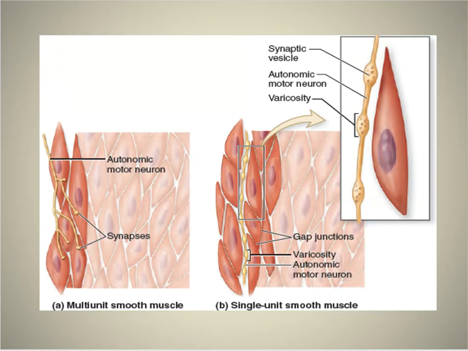Okay, so slide 51 shows single unit smooth muscle. We have multi-unit to the left. We have synapses going to each muscle cell, just like in skeletal muscle. But in the more common single unit type, there's one line of these synaptic vesicles coming along, and they don't really form synapses. And the neurotransmitter is acting more like a paracrine, a local hormone, and it stimulates the cells near